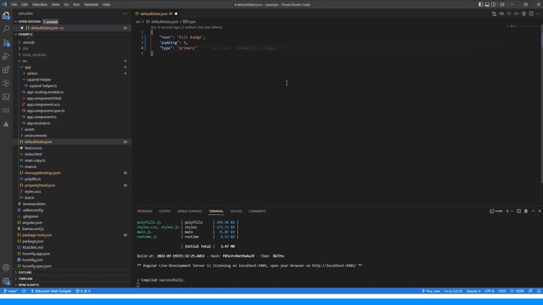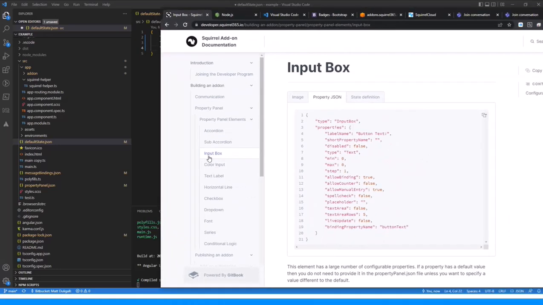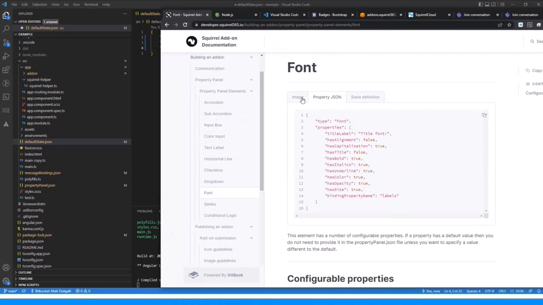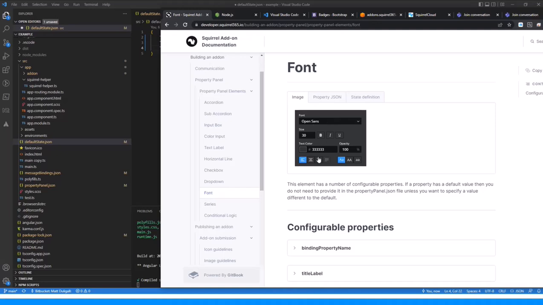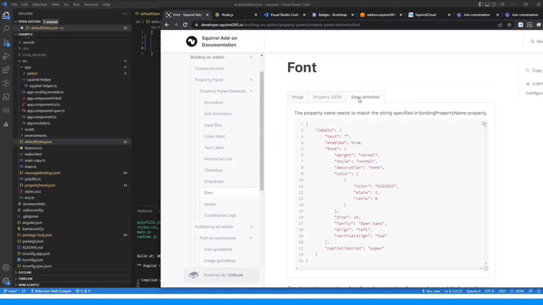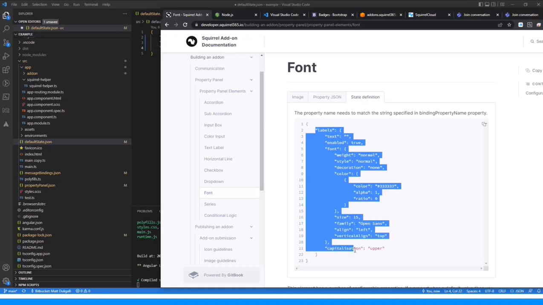Then the next thing we need to do is look at the font. So let's have a look at the documentation. How do we do font in here? So we can scroll down, look for font. The font box, this is imaging. So if we add a font element into our property panel, this is what we're going to get. Looking at this now, I think for this component, let's keep it fairly simple. We just want the font and we want the size. So if we look at the state definition, I've got this here, which I can copy and paste directly into my